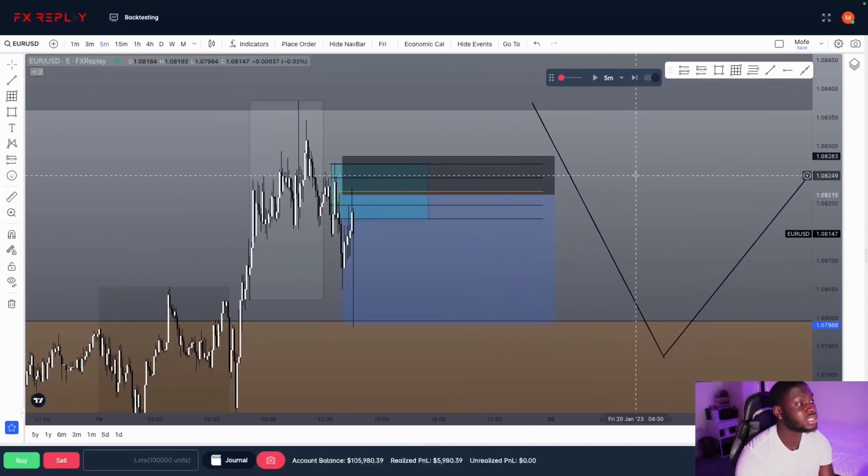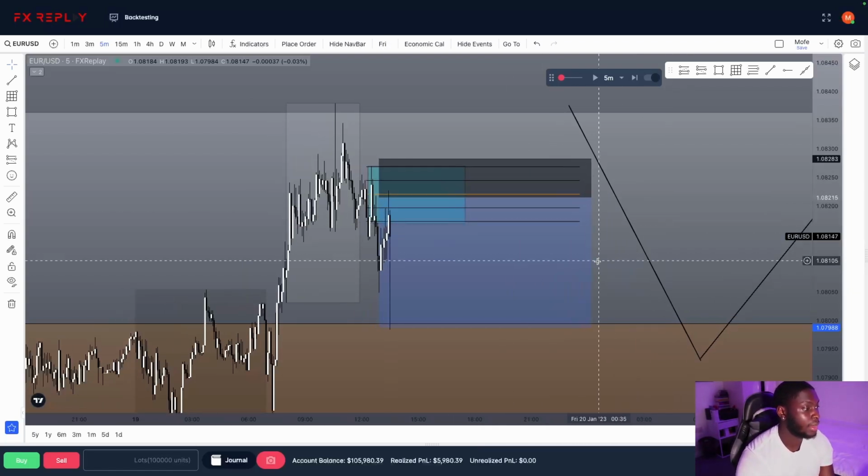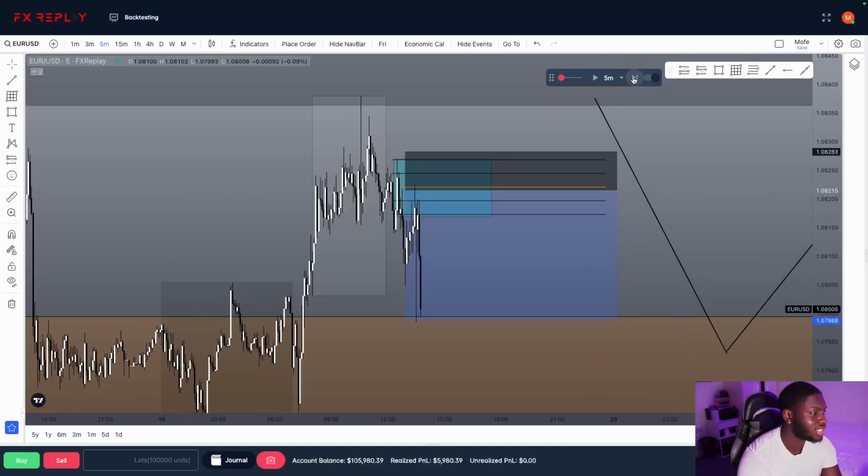Which means one of two things. You can take a sell to the area you're looking to buy from, or wait for price to get to the area we're going to buy from and buy from there. Those are the two things I'd advise you look for. And in this scenario, you see the sell worked out. So this was another clean trade yet again. And I want to see what price actually ended up doing.